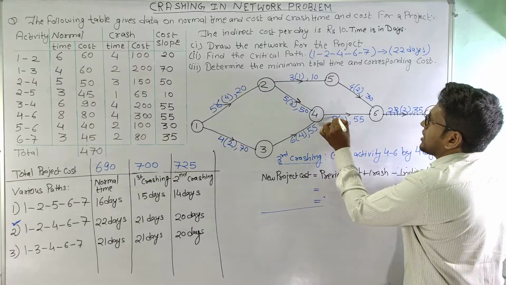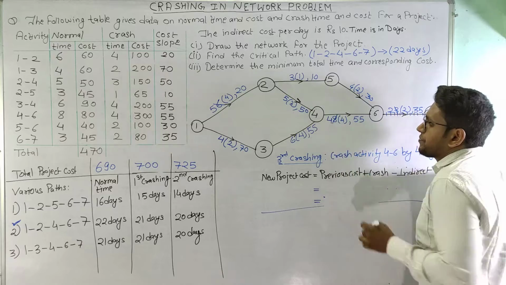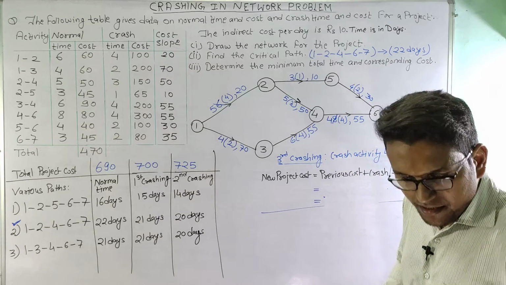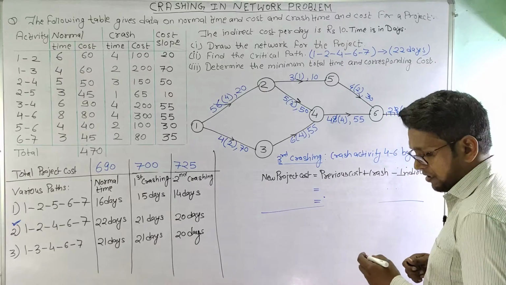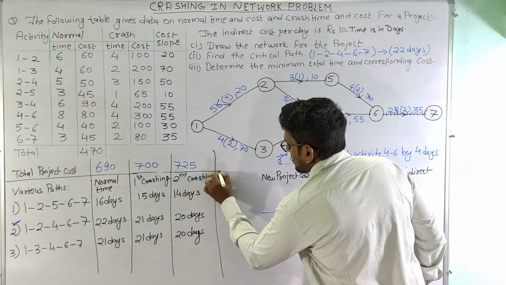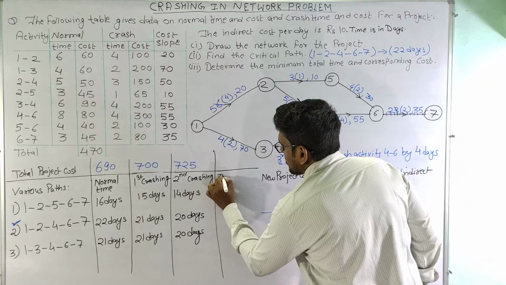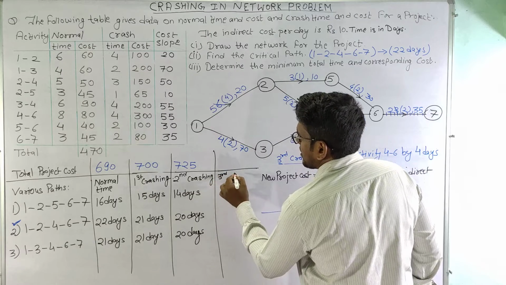So this will be crashed by 4 days. Now let us calculate the timing after third crashing. So this is third crashing, and